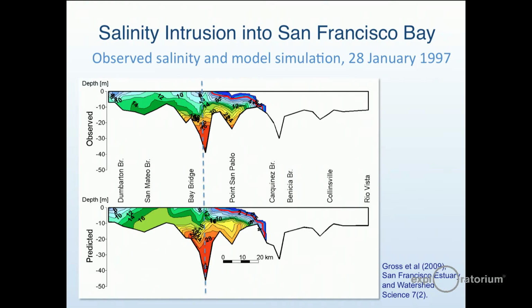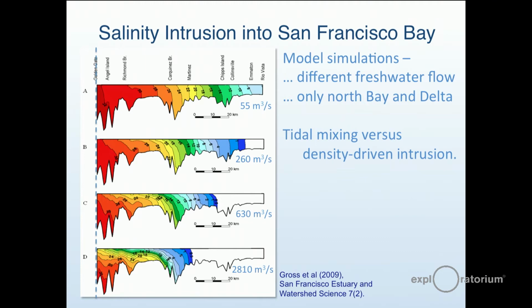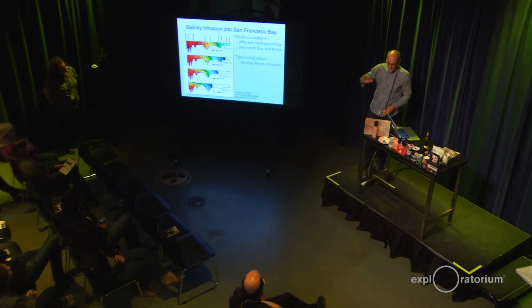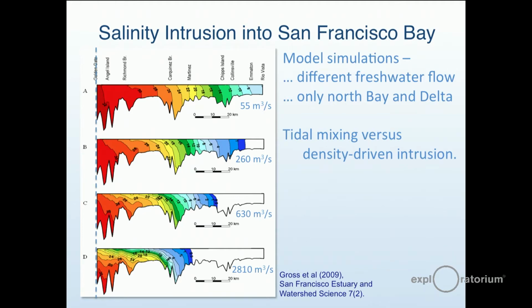It changes, of course, and so here's the model showing different freshwater flow rates. The freshwater is interesting because while you might push the salt water back with the freshwater, at the same time you're increasing that density difference, which allows the salt water to get in. So you might spot over here the flow rates coming out of the delta of 55, 260, 630, 2,810, a whole lot more flow. It doesn't push the salt water out of the bay. It's like pushing against a spring. And you get more and more of this salt wedge-like structure.